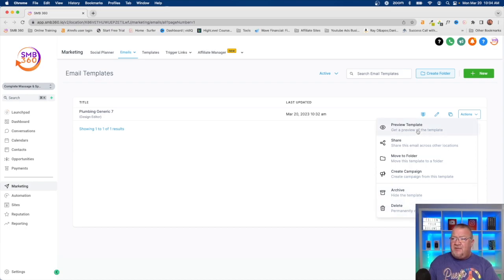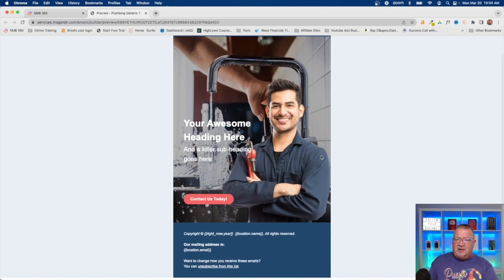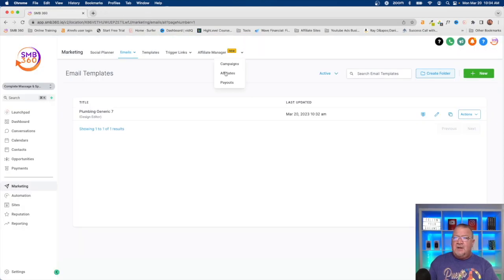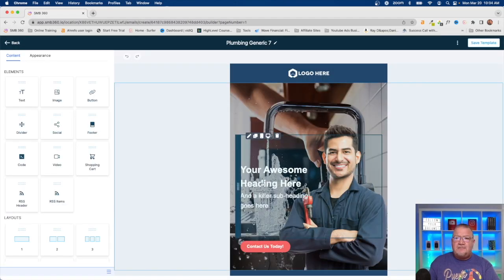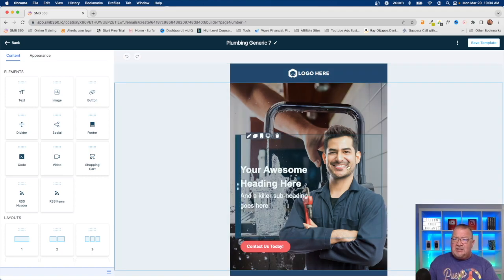So right now, if you want to, you can just simply click preview. So this kind of gives you this preview here. It'll let you take a look at it. So right now, if you wanted to, you can just simply come and click edit. And you get this nice HTML editor. So here, you can come up here and put your logo in here, change some of the text, change some